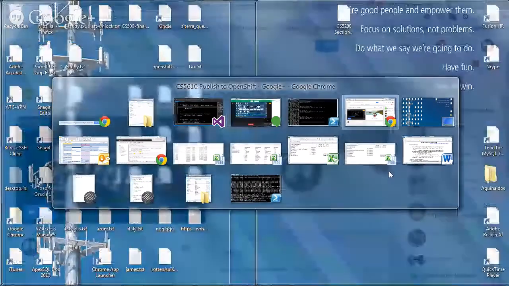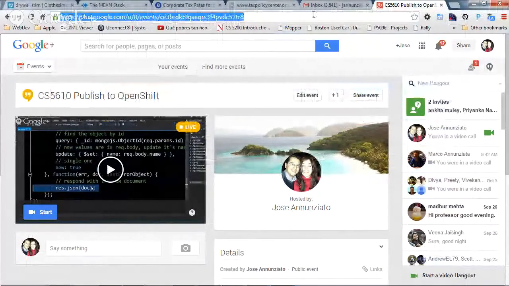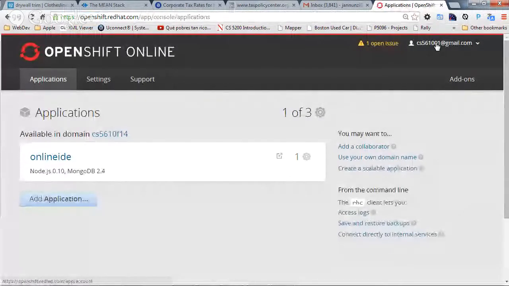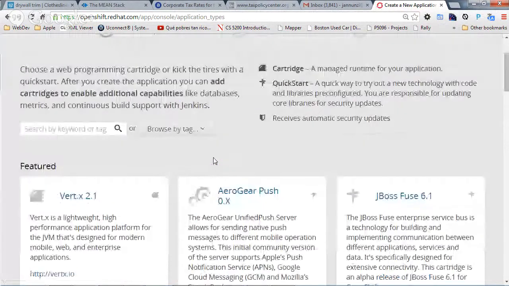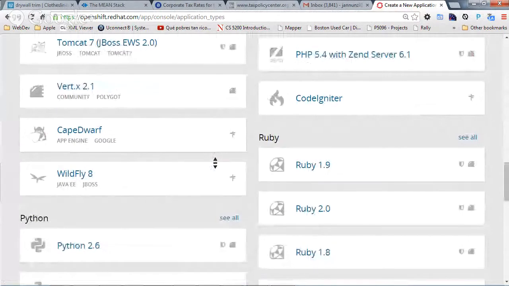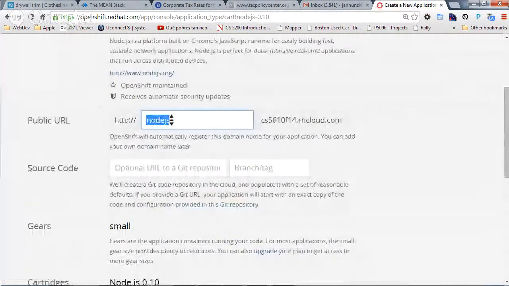We need a browser. Let's go to the browser, and we'll go to OpenShift. And I'm going to log in. So presumably you already have a login into OpenShift. I'm going to create an application, and it's going to be a Node.js. I believe everybody knows how to do this already. You log in, you create a new application, and we're going to say I want a Node.js application, and I'm going to give it a name,